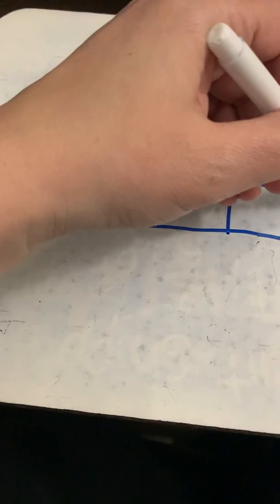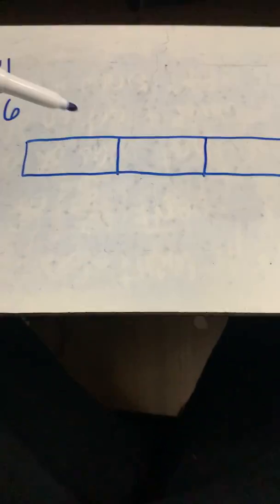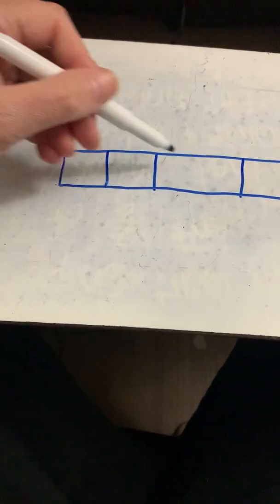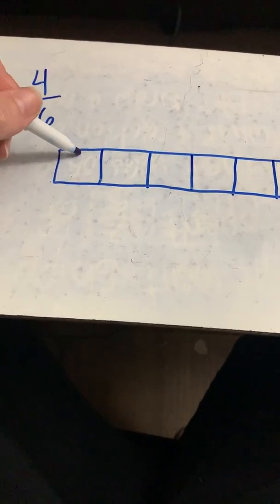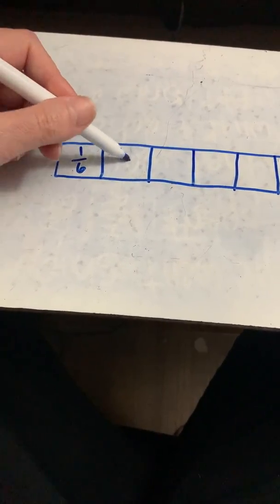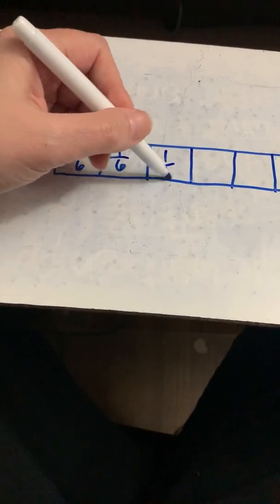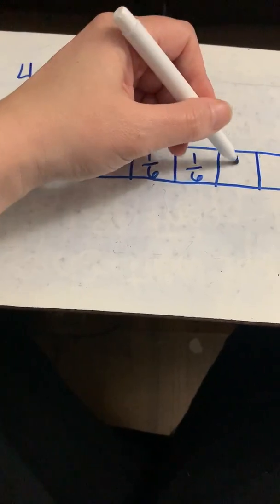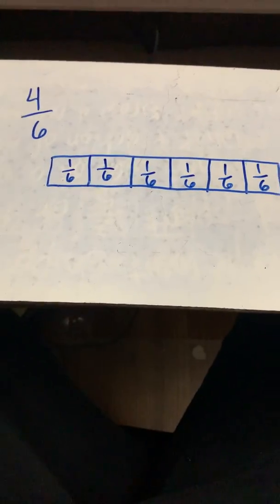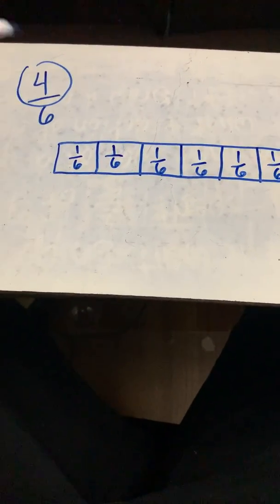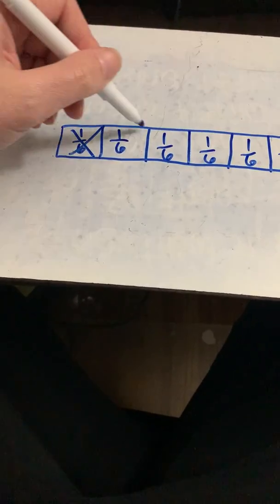I'm going to cut it into thirds, and then I'm going to cut those thirds in half. That's going to get me 6 pieces, and each one of these represents 1/6. Right? However, only 4 of them we have,